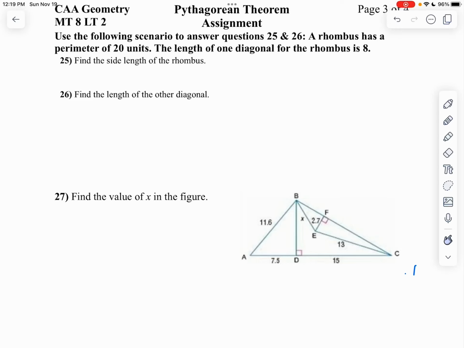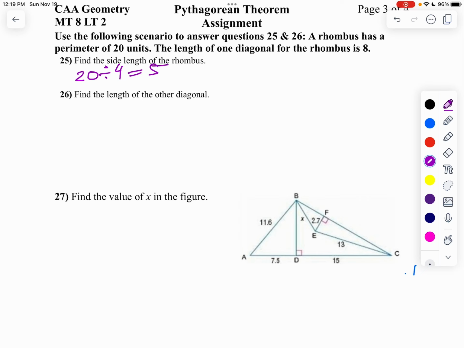Hey, let's take a look at page 3 of your assignment. On the first one, we've got this rhombus. Remember, all the sides are equal in a rhombus, and its perimeter is 20, so I want to find the length of one side. So all I do is take 20 divided by the 4 sides, and each length